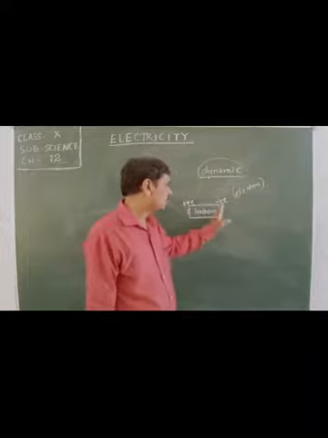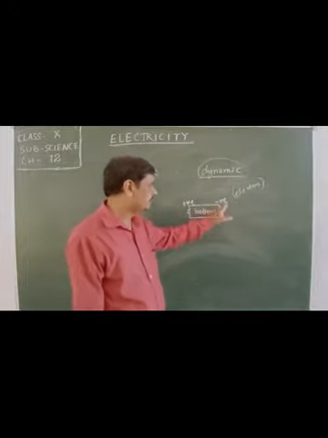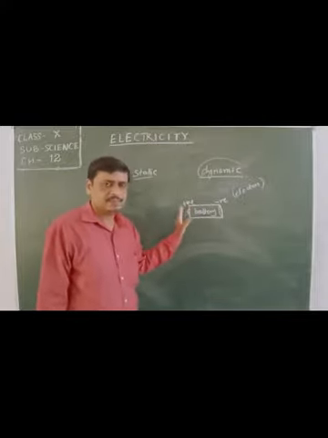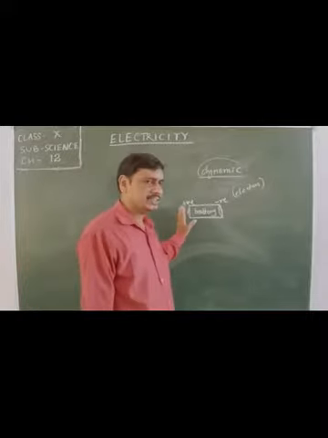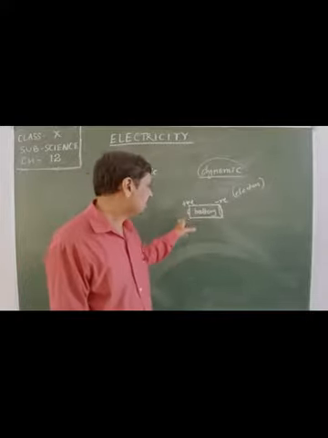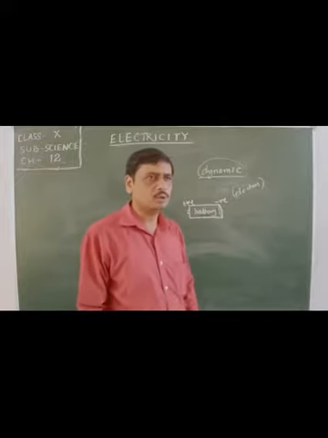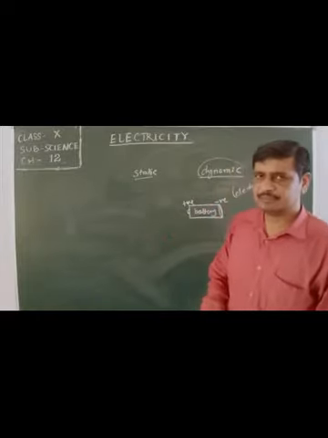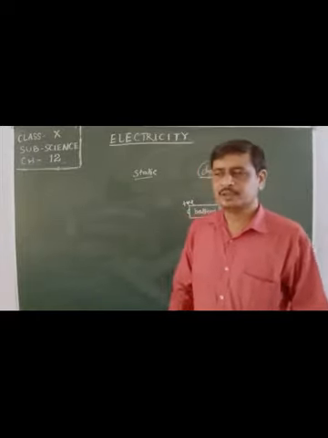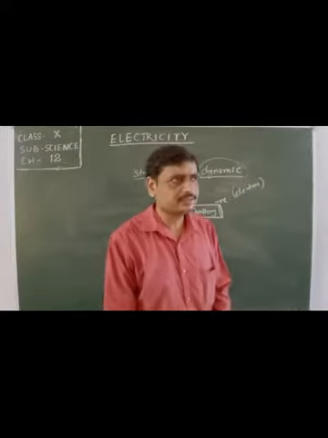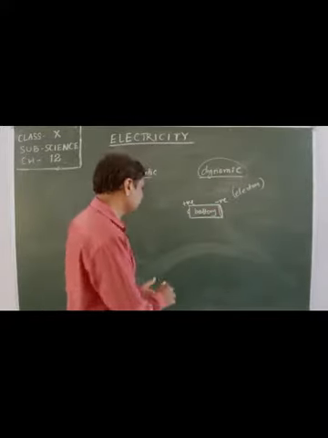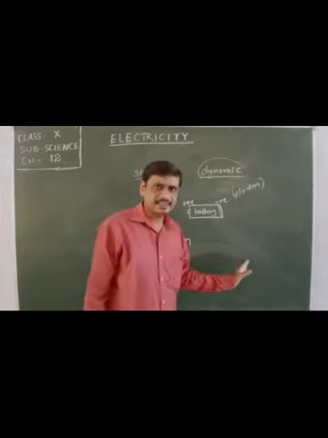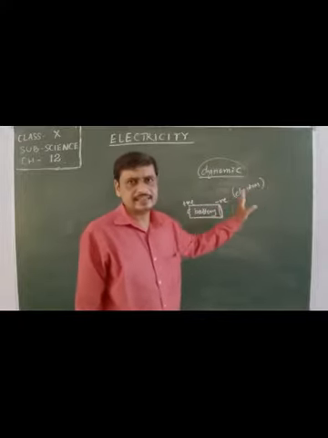They carry negative charge. So if more electrons are there, then this terminal is said to be the negative terminal. But here, fewer electrons are present, so it contains less negative charge, by which it becomes the positive terminal. If more electrons are there, it becomes negative. If fewer electrons are there, it becomes positive. We say less or more by comparing with the positive charge. Positive charge, that is proton. Proton is considered as carrying positive charge, whereas electron carries negative charge.